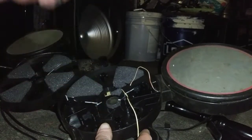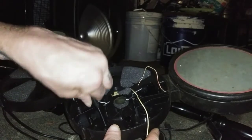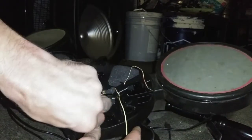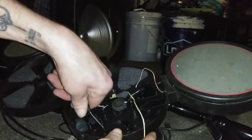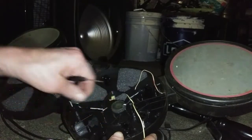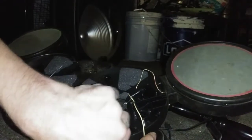yeah, I kinda stripped some screws out, and in a how-to video you don't want to be stripping those screws out, you want it to show everything in the process of how to do it. I'm showing you like bare necessity type of action, because